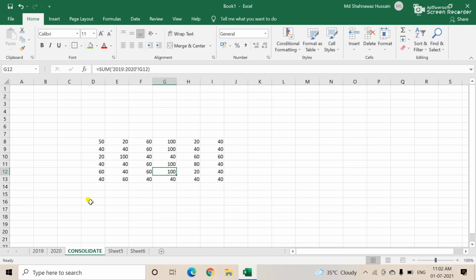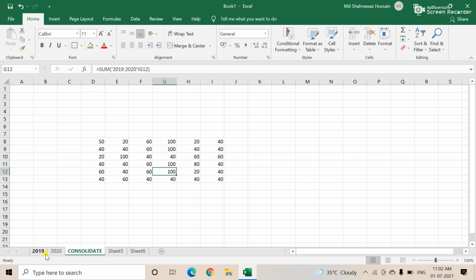When I explained the definition, I already told you: consolidated data allows you to gather your data from separate worksheets into a master worksheet. Separate worksheets, and this is the master worksheet.